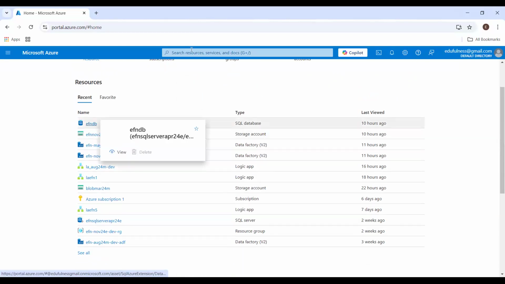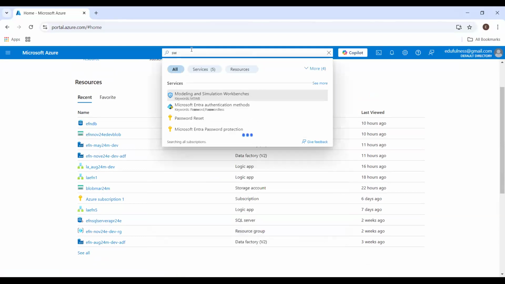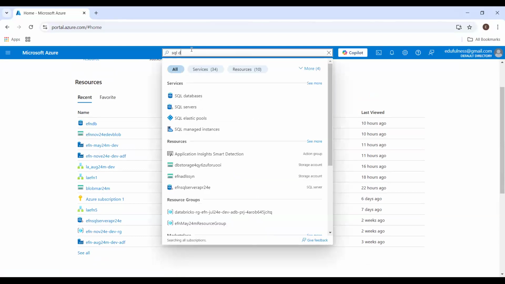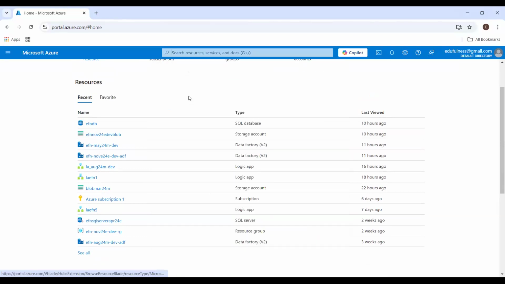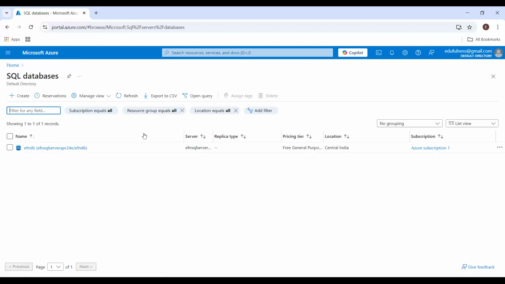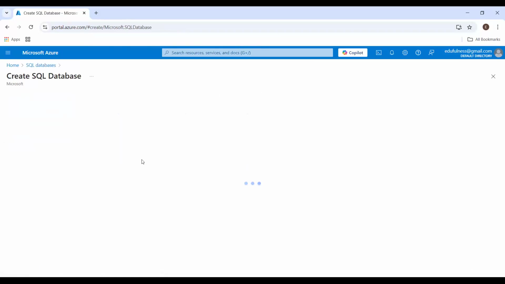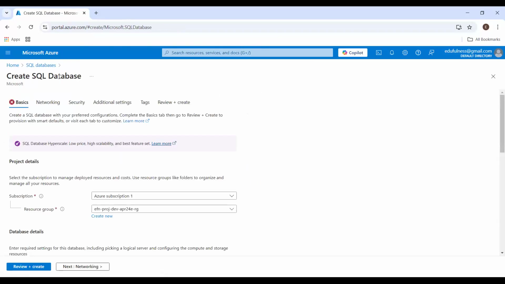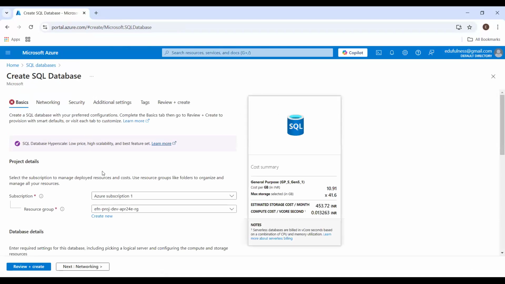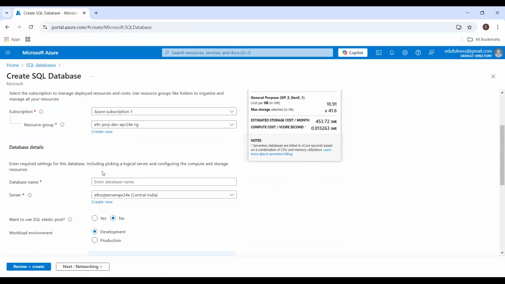For example, if you try to create a SQL database, I will introduce you how to create all these things based on your question. I'm just showing quickly. Specific to a SQL database, you have to decide how much you want to keep based on the amount of data you have.